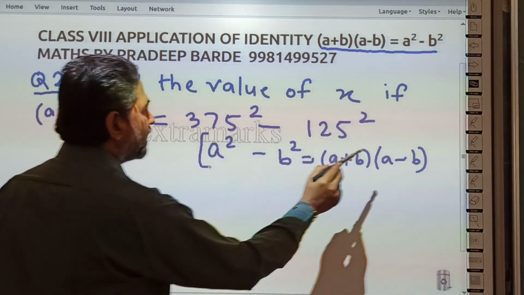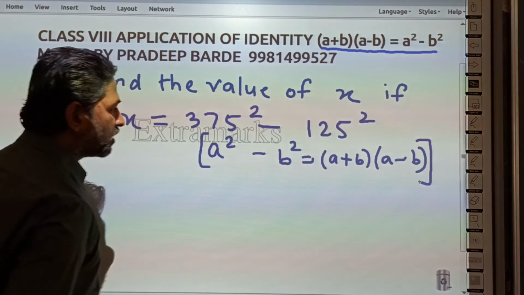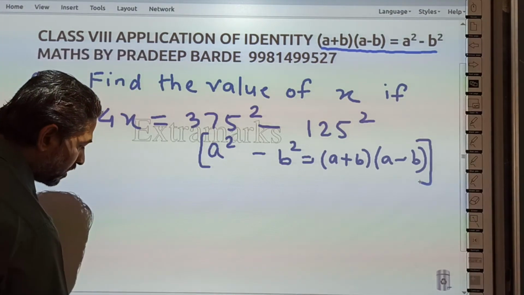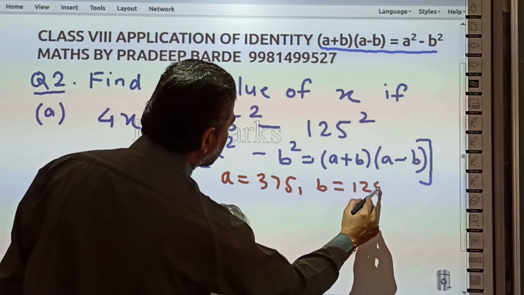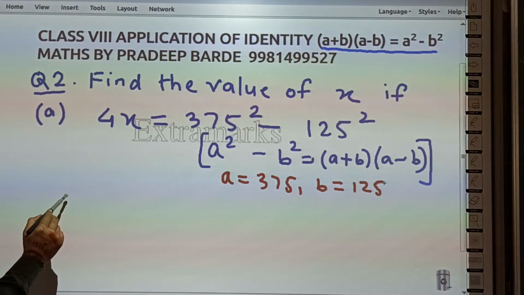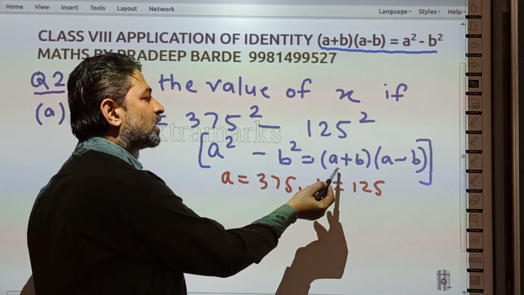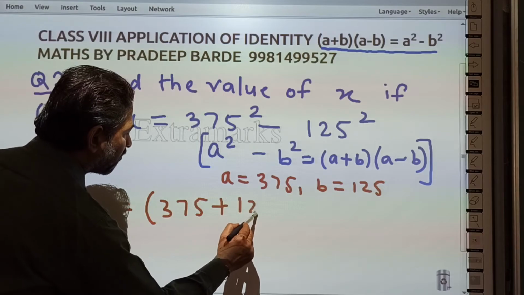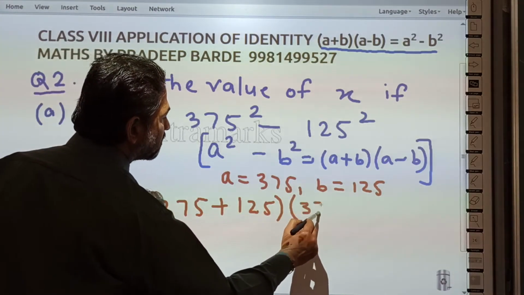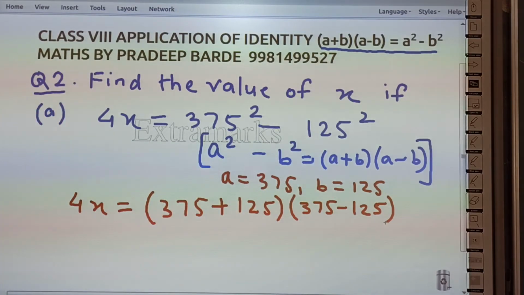सो लेट्स apply this identity here in the right hand side of the question। so we'll have a is equal to 375 and b is equal to 125। value of a is 375। a की वैल्यू क्या है बच्चों, a की वैल्यू है 375 और b की वैल्यू है 125। now let's solve। left hand side we have as it is 4x is equal to, अब ये a square minus b square के फॉर्म में लिखा हुआ है, आपको इसको लिखना है a plus b into a minus b। a plus b, तो a हो गया 375 प्लस b हो गया 125 into a minus b 375 minus 125। now simple addition, simple subtraction we have here। so 375 plus 125, this is